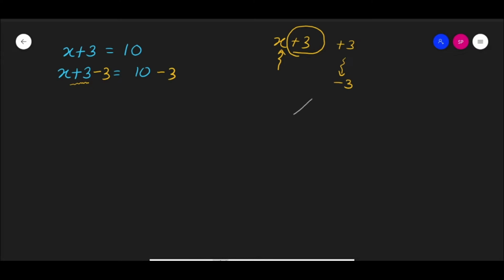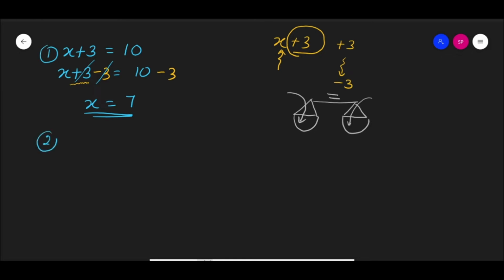What do you mean by an equation? An equation looks like a balance. It is balanced by the equal mark. So if you put something in here, you have to do the same thing on the other side to keep the balance. So we have to do both sides. Now you can see here, you can remove plus 3 with minus 3, and x equals 10 minus 3, which is 7. So now you can do the first problem set.